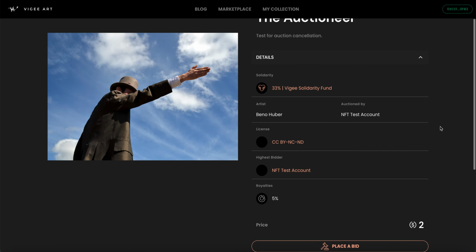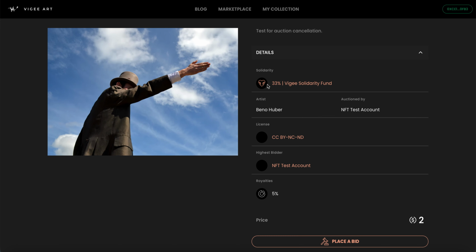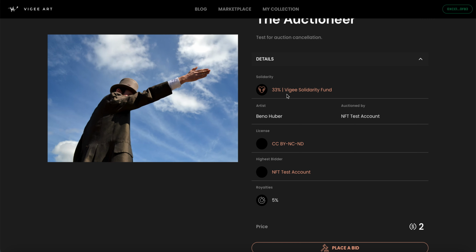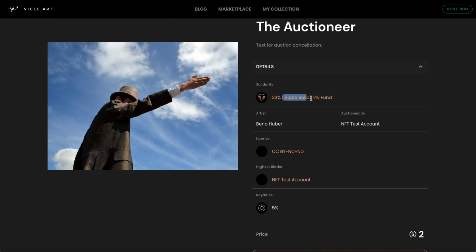So here I could say, okay, Solidarity, 33%. So that's what's going to go to the charity. We'll see that when we start tokenizing. And then you will have where the assets will flow when a piece of art is sold. Remember, the objective of this platform is to sell artwork as a social impact artist. Our artists listed on our platform and who have joined our ecosystem are interested in driving social impact, supporting foundations, supporting charities, essentially where art can do a good thing, meaning that 33% of the sale will flow directly into